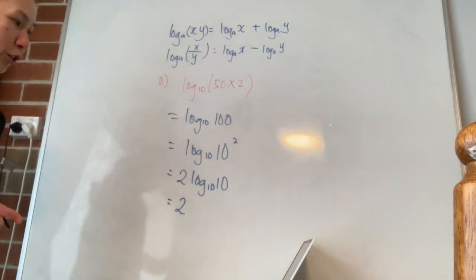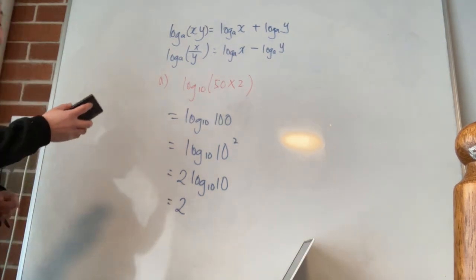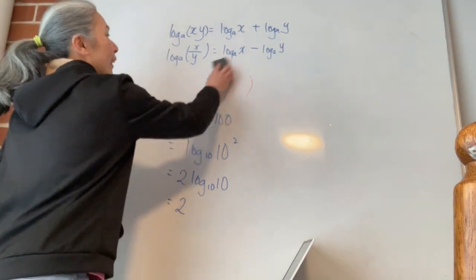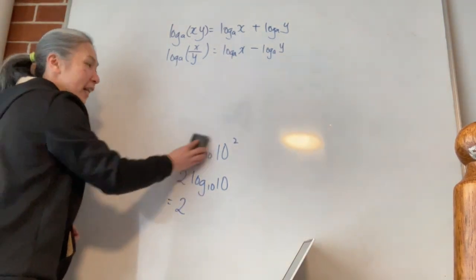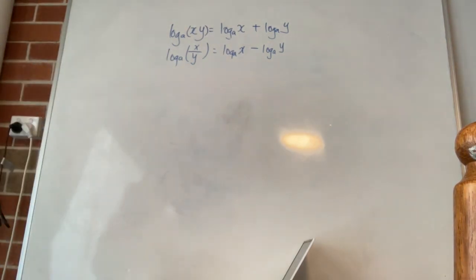Then the next question is going to be similar. 24 times 9, what do you get? 216, right? So then try it out in the calculator. 6 to the power of what will give you 216? Not too big, it should be quite small. 2 to the power of 3. Yes, and after that you can bring the 3 to the front. Yes. Bring the 3 to the front. Then you are going to